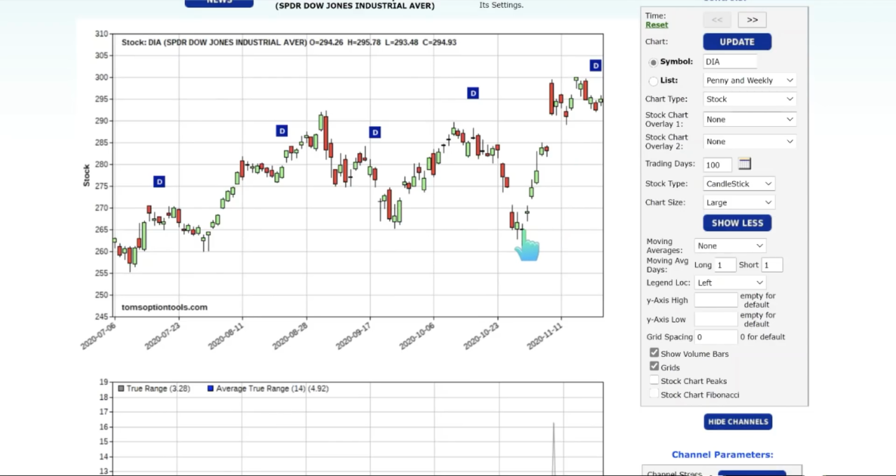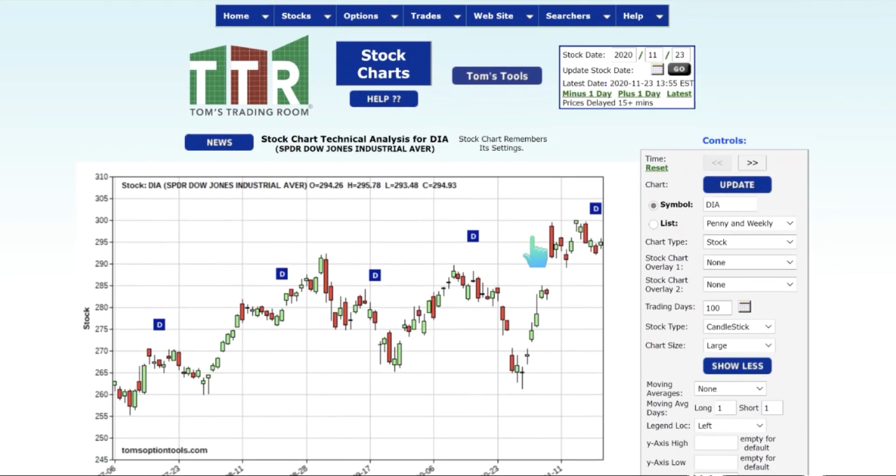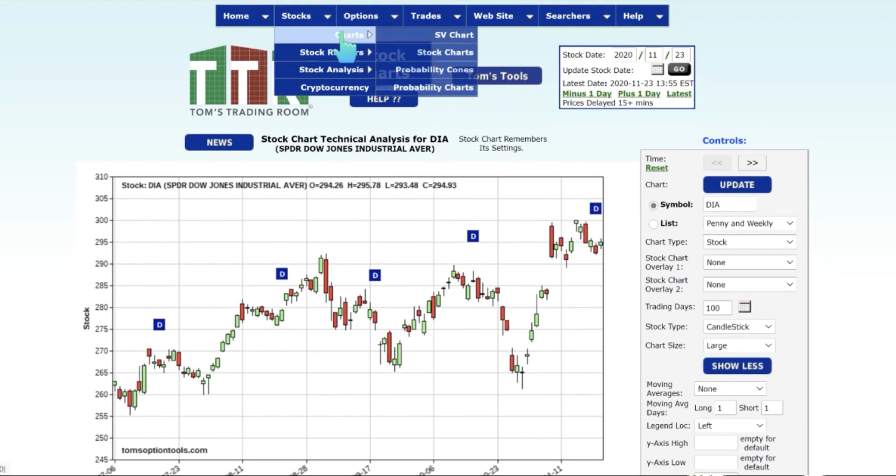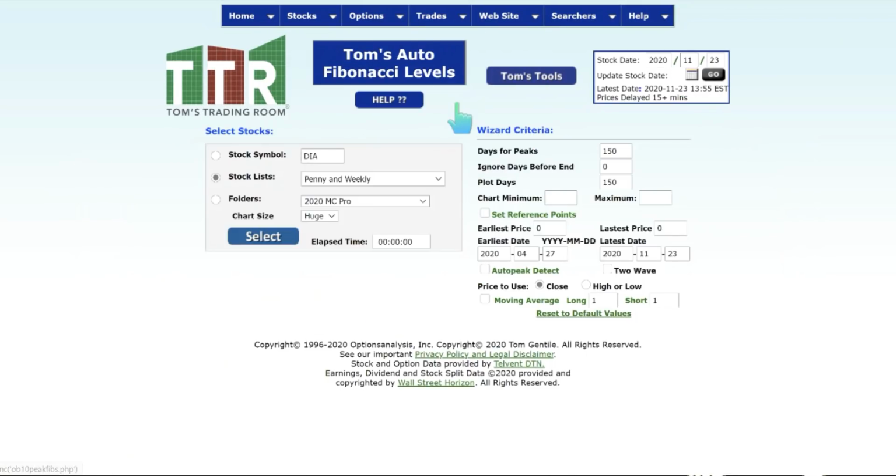Now, was this a Fibonacci retracement zone that you could have picked up and seen back on October 30th? And if it wasn't for the DIA, were there stocks in the Dow Jones Industrial Average that were testing their retracements or having any retracements on that 10/30 date that coincide with the Fibonacci retracement? So let's do this. Again, we're going to go up to Stocks, Charts, Tom's Auto Fibs,